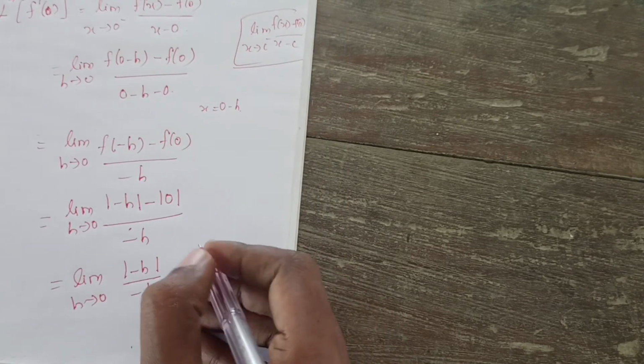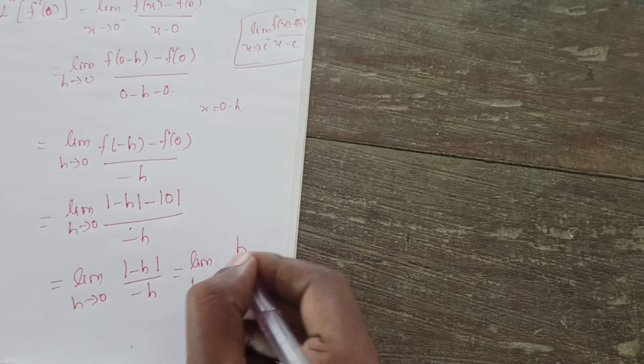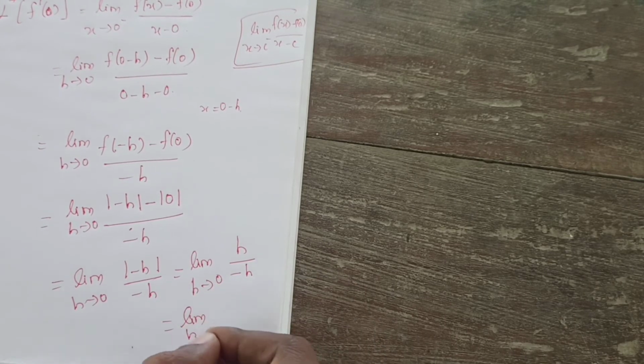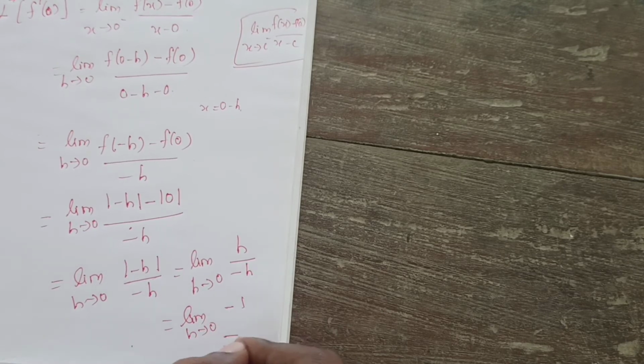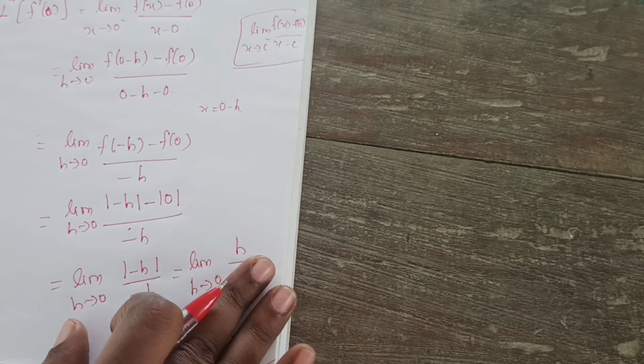So what's the value for modulus of minus h? It is simply h, is it right? So h divided by minus h. So at last you will get minus 1. Limit h tends to 0, minus 1. So what's the value? Minus 1 is the value. Very easy. Because of that I am moving somewhat faster. Same as that, find out R of f dash of 0.